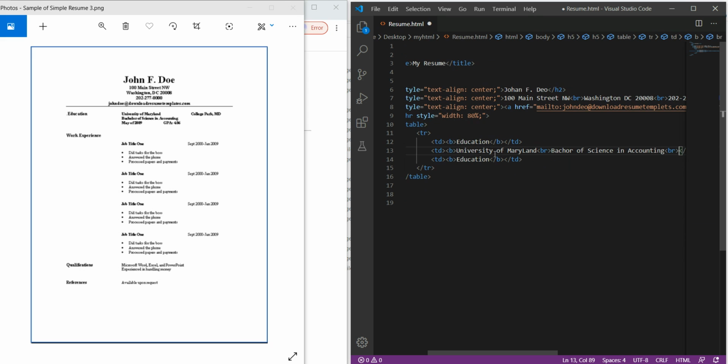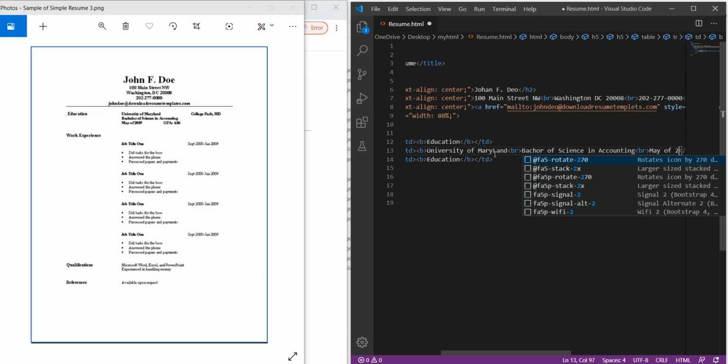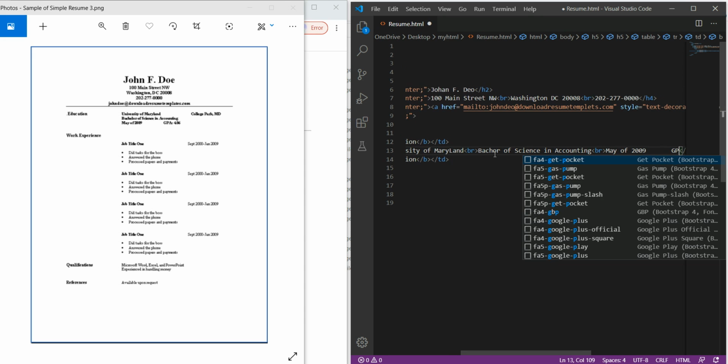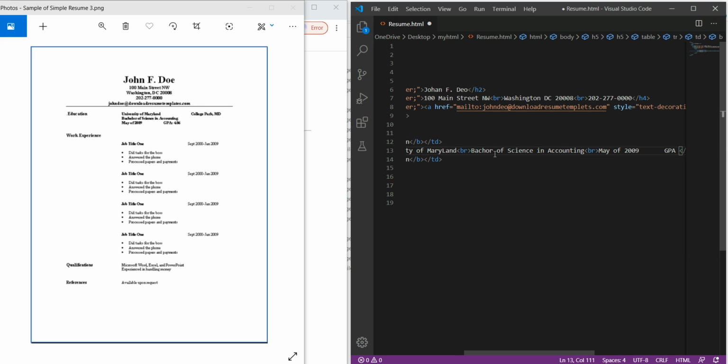and here it is written May of 2009, and then we have used certain spaces over here, and it is written GPA 4.06, something like that.